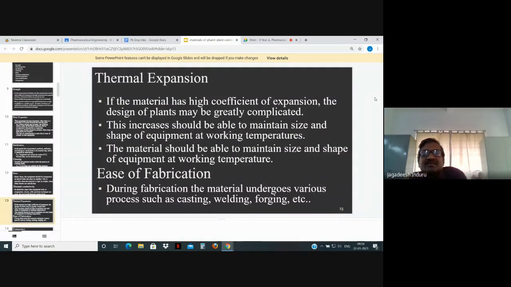This is very much important to our pharmaceutical industry because we have already seen stress induced corrosion, which will happen, and cavitation, which may happen, in the case of thermal expansion if we don't look into it. If the material has a high coefficient of expansion, the design of the plant may be greatly complicated